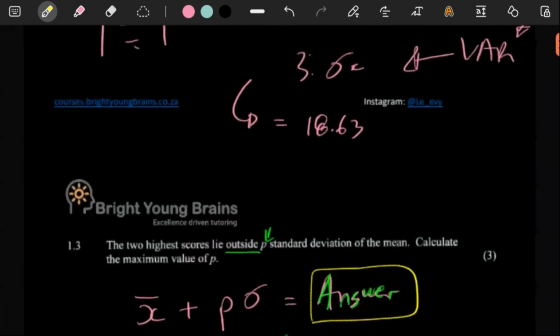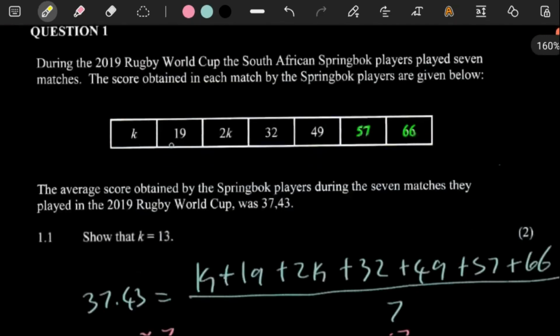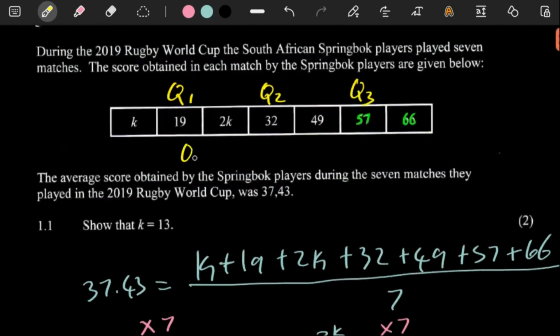So originally, if you look at your data, the numbers here, 1, 2, 3, 4, 5, 6, 7, this is like Q2, then 1, 2, this is like Q1, and this is technically Q3, like here, see. So your original interquartile range is just 57 minus 19,